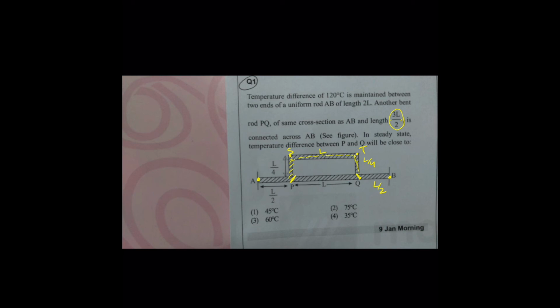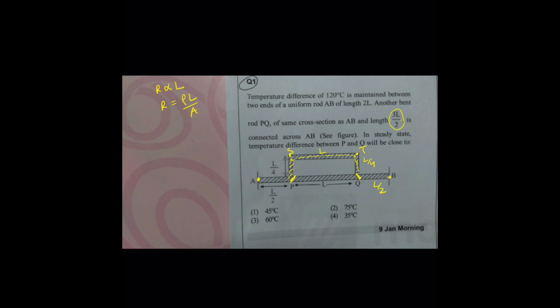Now, as the temperature difference leads to the heat flow, similarly, voltage difference leads to the flow of current. So these two things are very similar. And one more thing over here, we know that resistance is directly proportional to length. So R is basically equal to what? Rho into L by A. Area of cross section is the same everywhere. Rho is the same because it is all made up of the same material. So you can say that R is proportional to L.